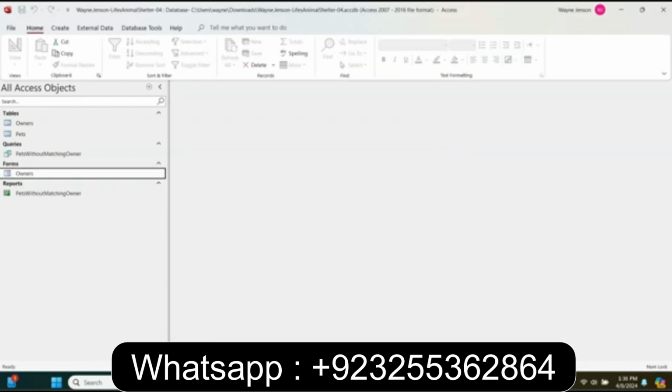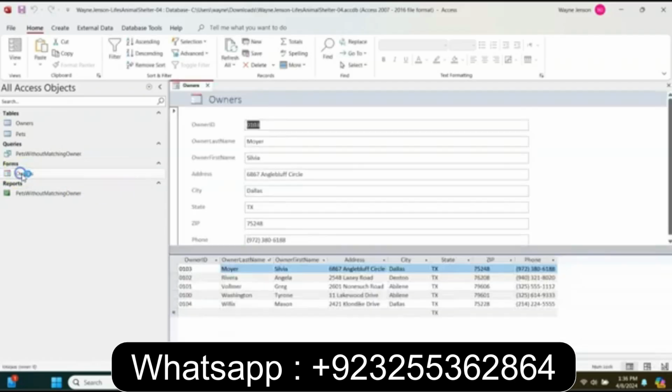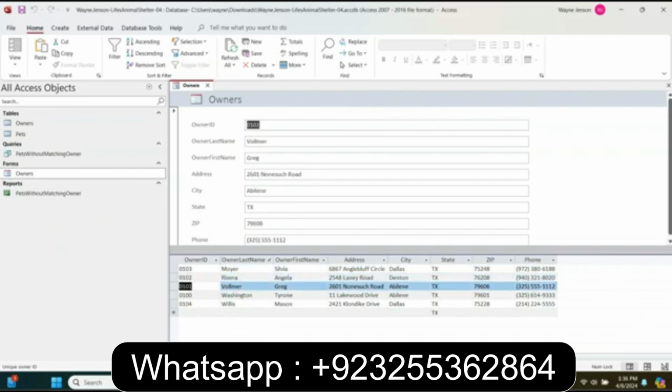And then we're going to open the form in form view. So just double click on the form and it should open up. And it should say form ID 0103. And then we're going to use the navigation buttons down here at the bottom to